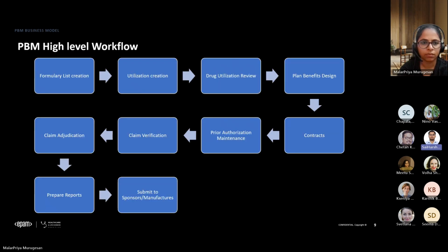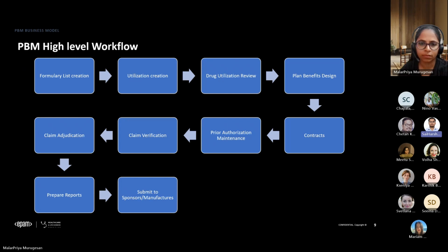Moving on, the workflow. We have seen the focus areas or the major areas in which the PBM works. Now the first we see is the formulary list creation. This is one of the first areas where the PBM starts working. Right from the formulary list creation, they start acting with the insurers, and then the utilization creation, which is how the drugs will be utilized and how the drugs will be part of the DUR, the drug utilization review, and then they design the plan benefits